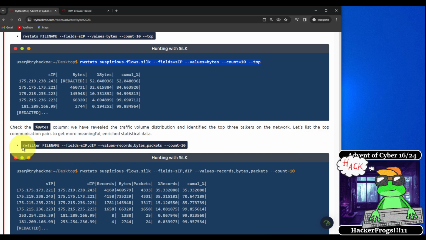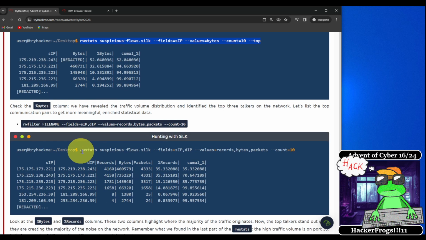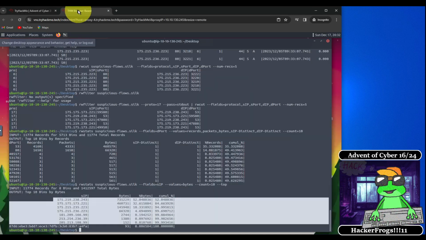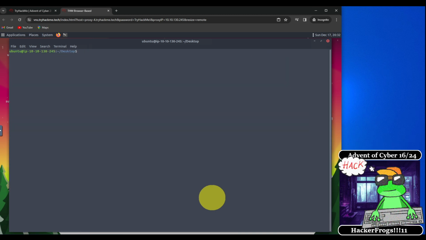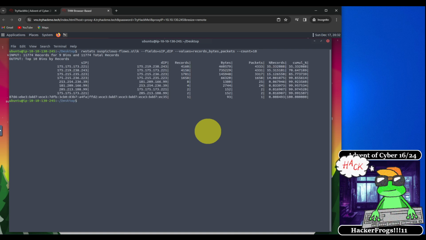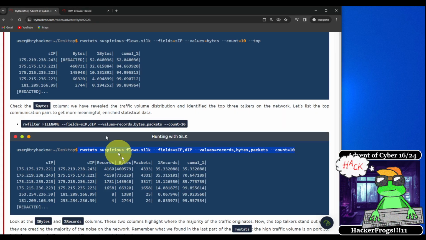Let's list the top communication pairs to get more meaningful and rich statistical data. And we're going to do so with this command right here. So we copy this. And let's clear the terminal so that we can get output that is close to the top of the screen. Okay, so this should be,